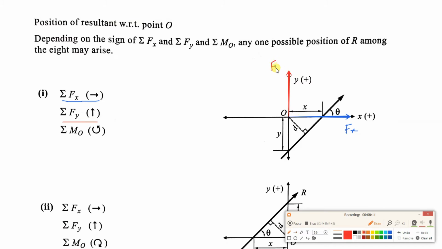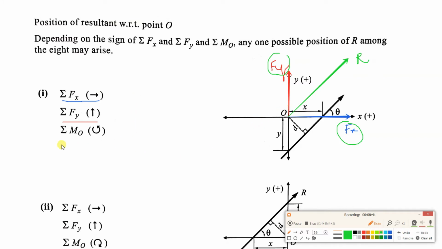Now very important. This is the new thing for general force system. So according to this diagram, where will the force lie? In first quadrant. So I'll draw that force now. So here the force lies in first quadrant. So I have drawn the force like this. So this is the resultant R. Okay, so suppose this is Rx and this is Ry, which is summation.